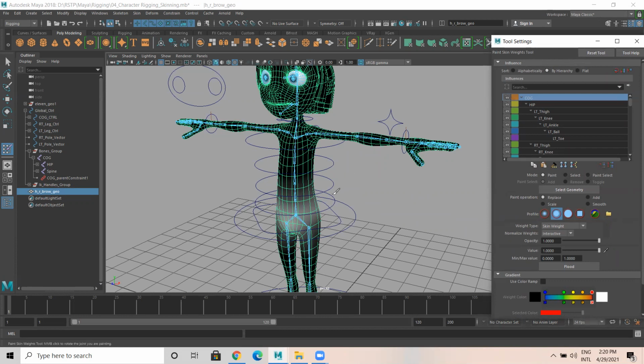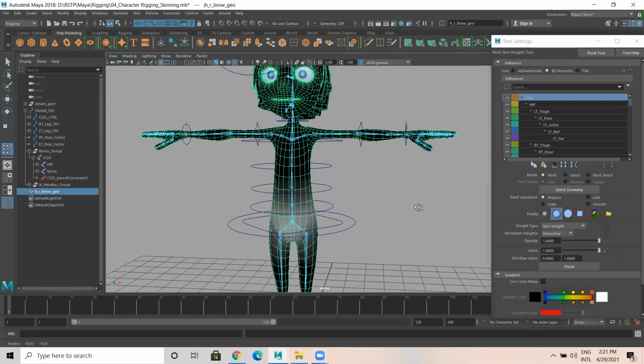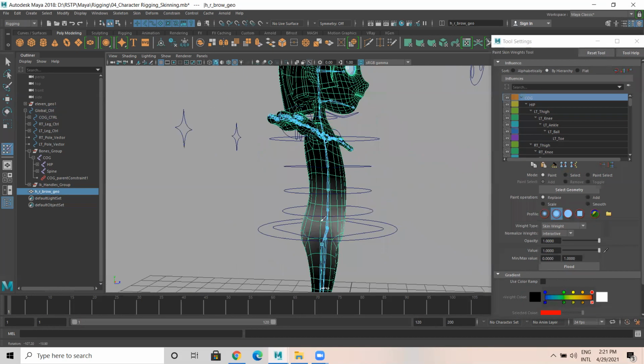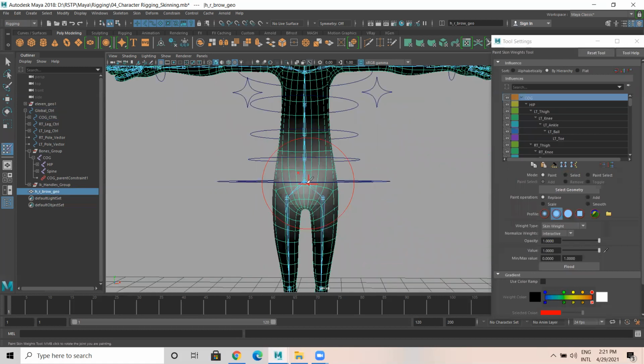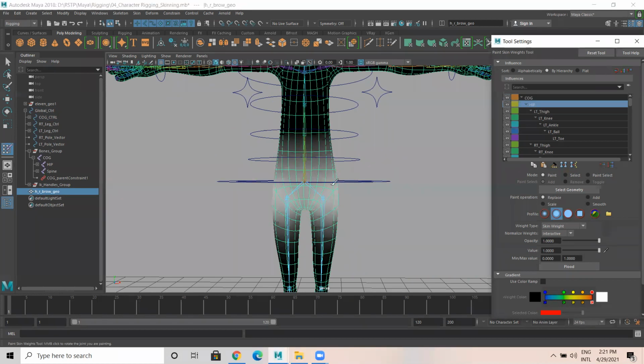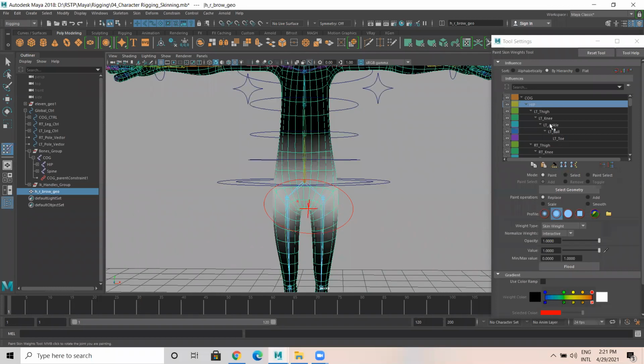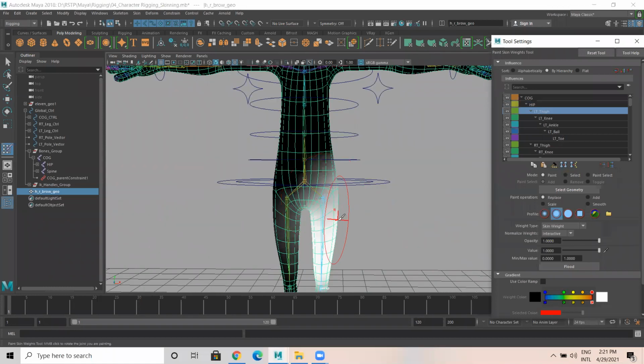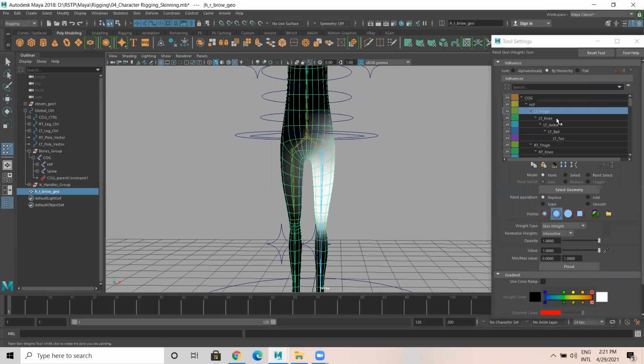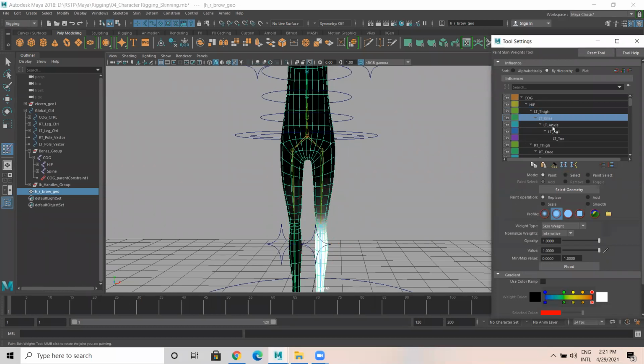Okay. So which joint has been selected here? That joint's influence you see here. Now let's say the cog joint. Cog joint is the center one. The influence is surrounded. I'll select the hip joint. The hip joint influence is surrounded here. Okay. So this is the left thigh. It is affecting here. Left knee is affecting up to here. So we'll see how to work on this.